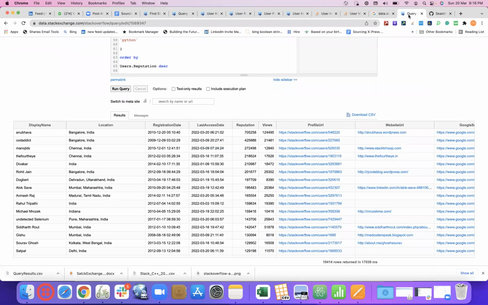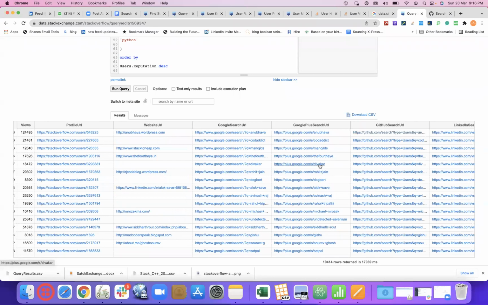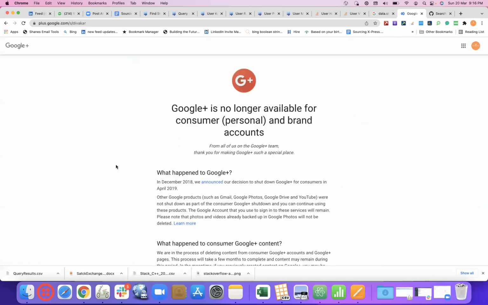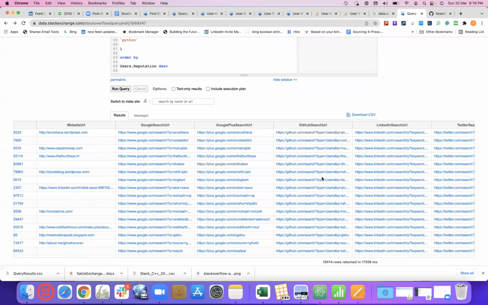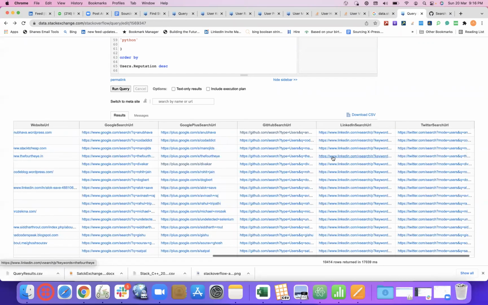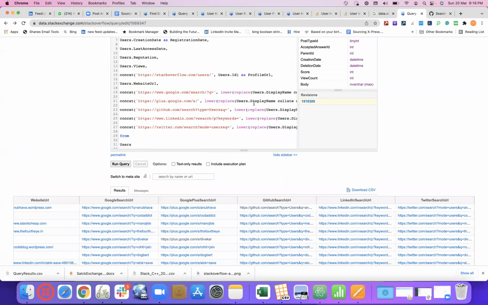So Anubhava. Is no longer. So it's just a kind of query which will directly go to github.com and start searching users with the particular usernames. Okay, now as you asked, can we change that? So Google Plus, GitHub, LinkedIn, Twitter, or let's say